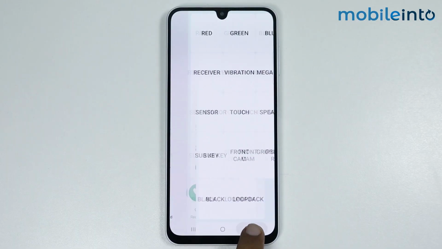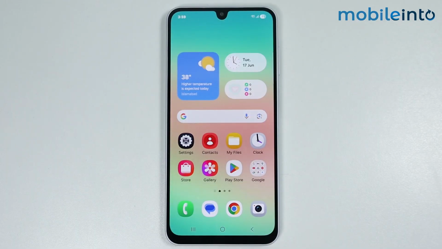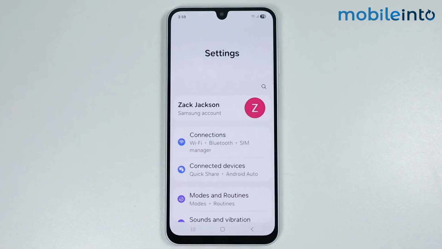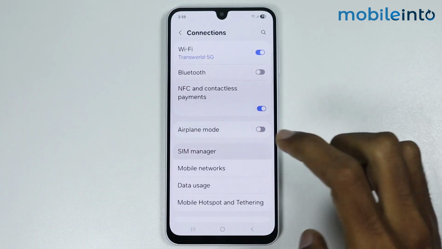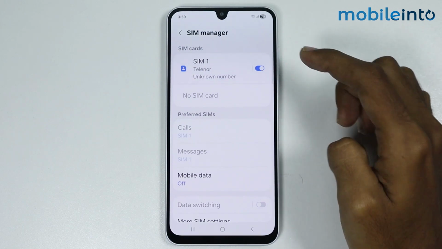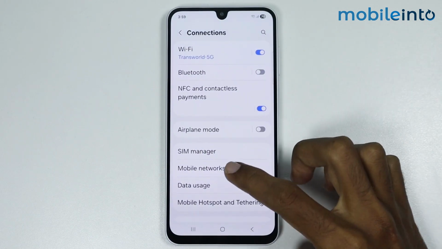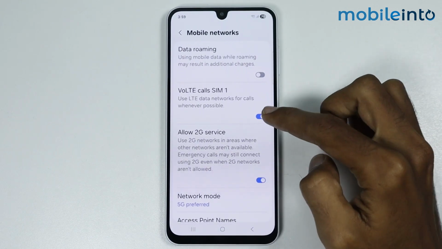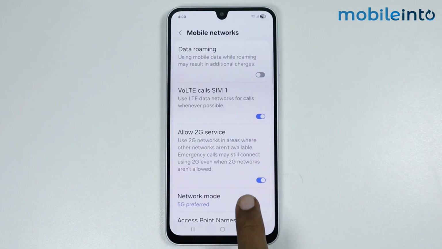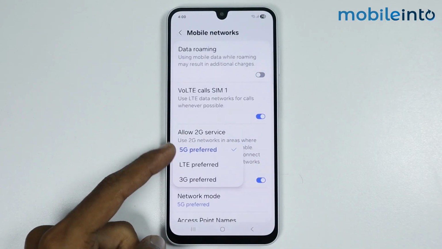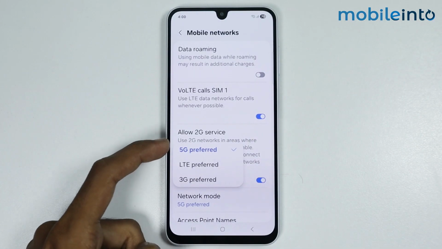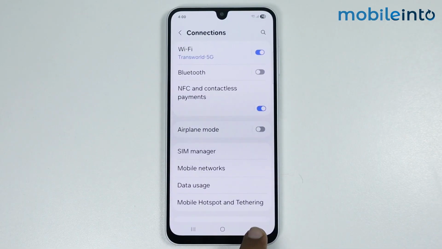Just like that. Now if the code you have entered is correct, but this error still appears, just open Settings, Connections, SIM Manager, enable your SIM card. Then go back, Mobile Networks, enable VoLTE, Network Mode, select LTE, and if your area supports 5G, select 5G. Go back,